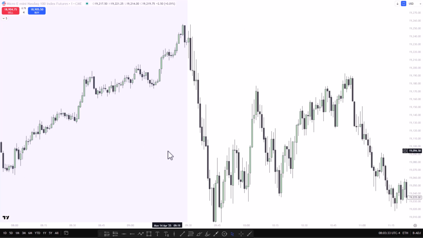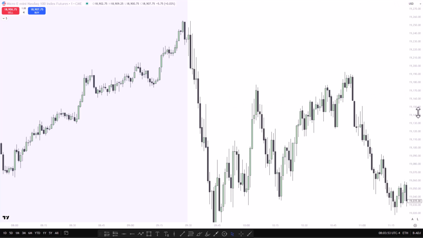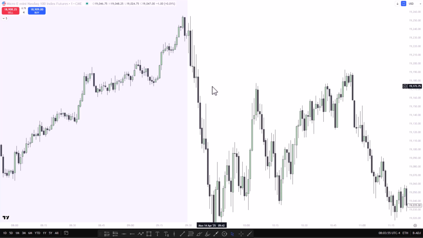Right, here we are on the micro Nasdaq contract. And this is the price action from yesterday, April 14th of 2025. There was a perfect setup of what we just explained that formed at the 11 o'clock macro. Okay,